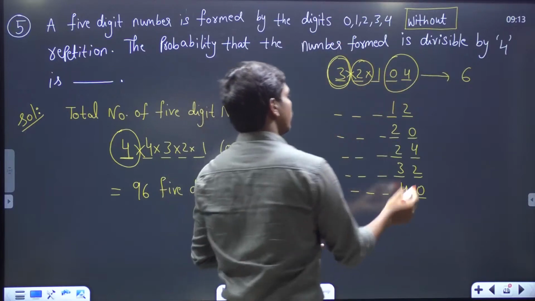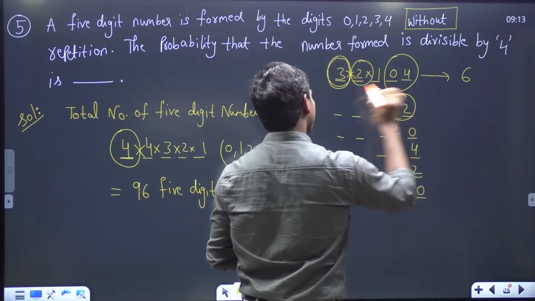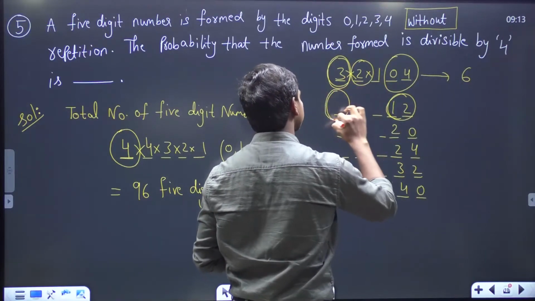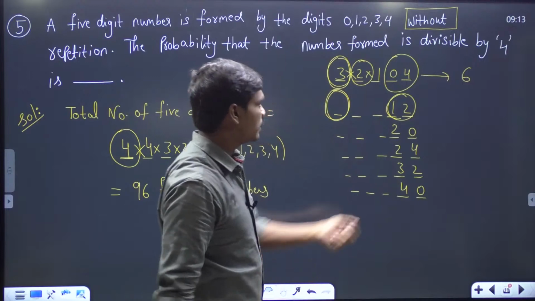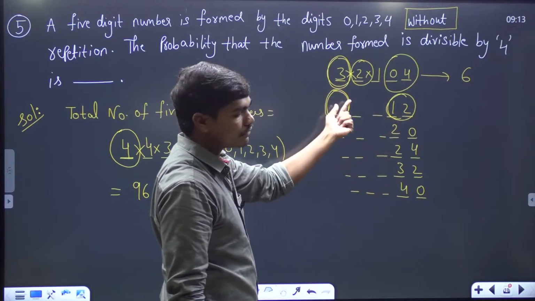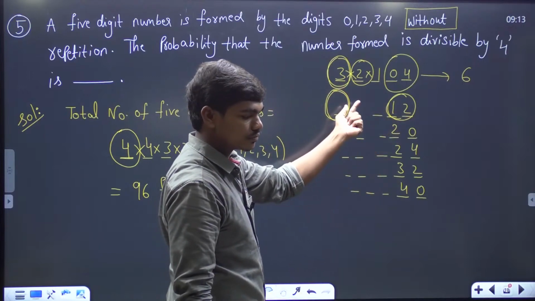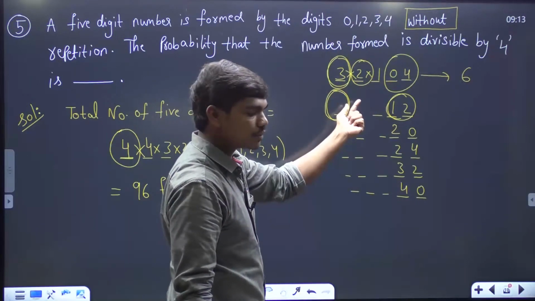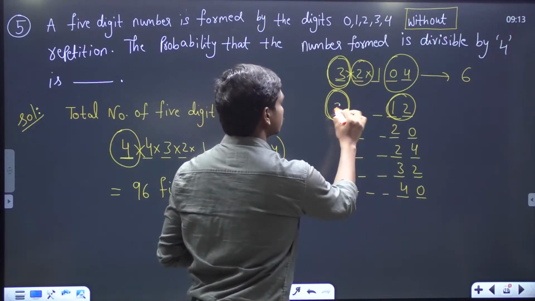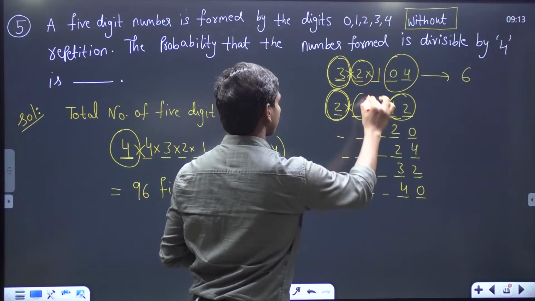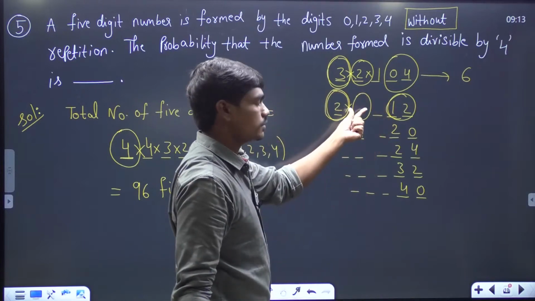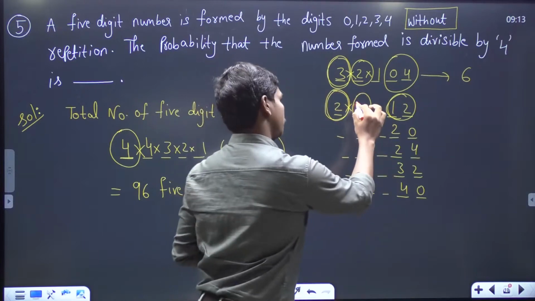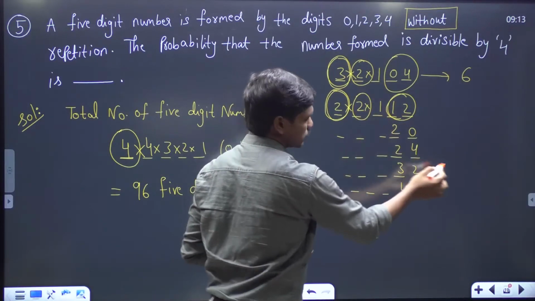Next, if there is 1, 2 here, now please tell me how many ways I can fill this digit. 2 ways, correct? Because I can't put 0 here. So this is 2 ways. Next, here again it's 2 and finally it's 1. So total,